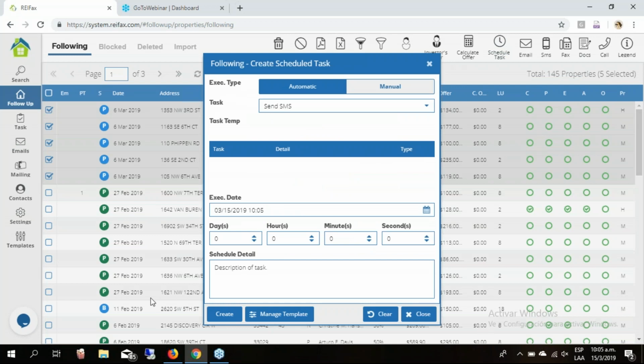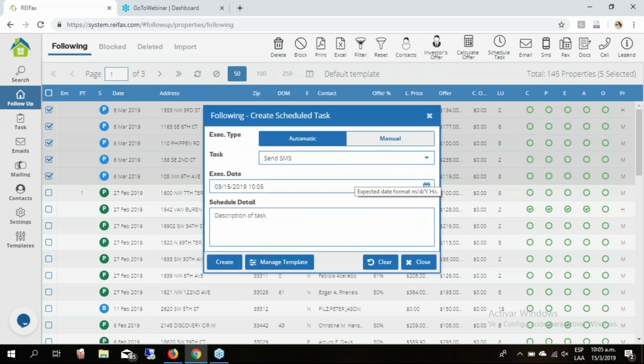I can select several properties and schedule a task. And remember, when we're scheduling tasks from follow-up, this is asking me if I want to schedule the task to be done automatically or manually. If I select automatic, that means the task that I select will be done automatically. You don't need to have your REIFax account open or your computer on. This will be done automatically. If I leave it in manual, this will act basically as a reminder of what you need to do. So maybe I select manual